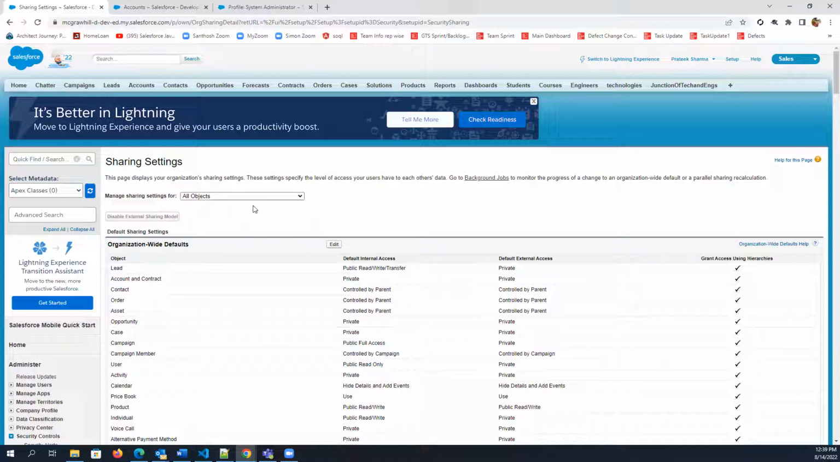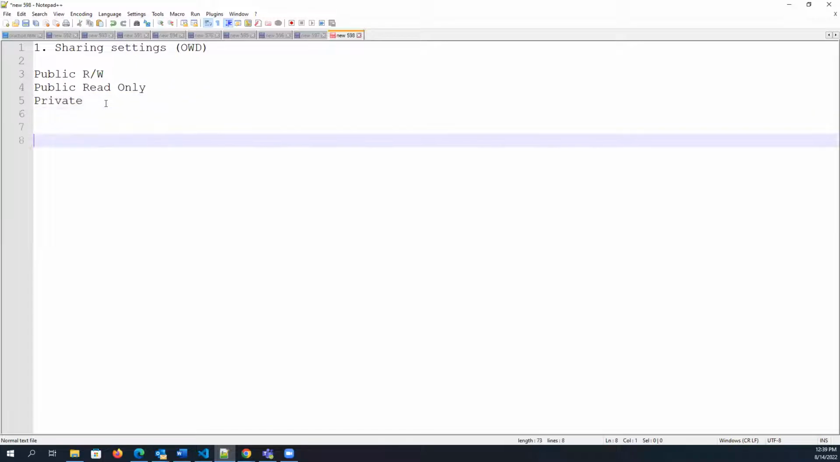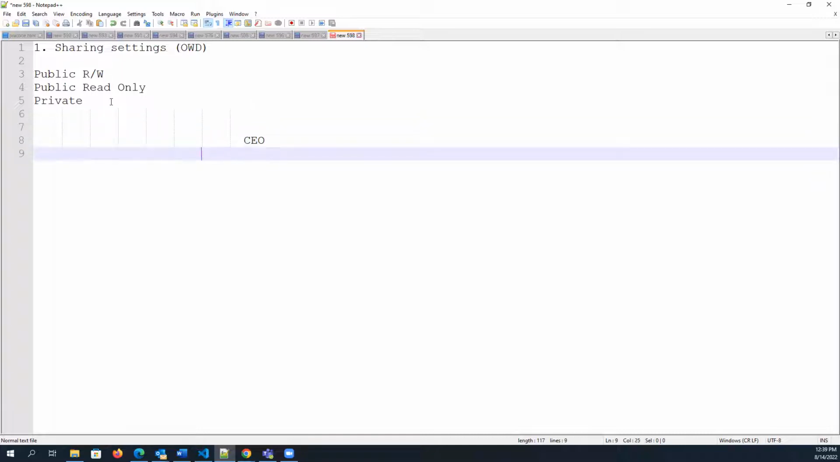So there is a second thing that we need to manage, that is role hierarchy, right, in the organization, so that every person up in the hierarchy can see his or her subordinates' records, right? Let me just give you an example. In our company, we have a CEO on top level, right? Just assume. And three GMs are reporting to the CEO: GM sales,